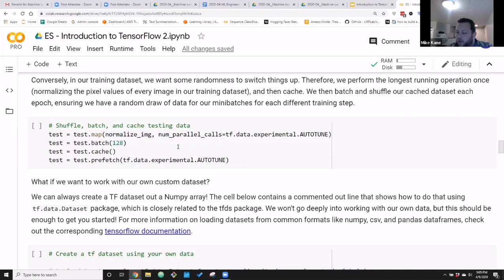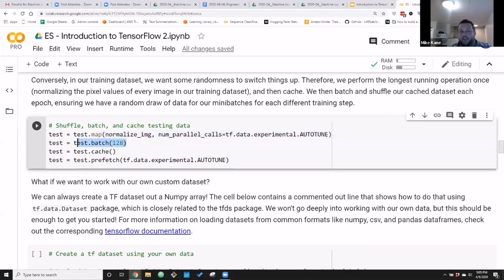And because of that, we need to make sure the test is exactly the same level of difficulty each time. That means that it's the same questions in the same order. So this way, by batching before we cache, we're making sure that when it tests, question 1 will always be the same image. Question 2 will always be the same image.